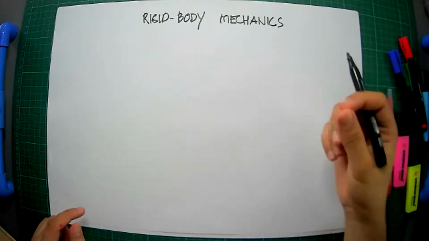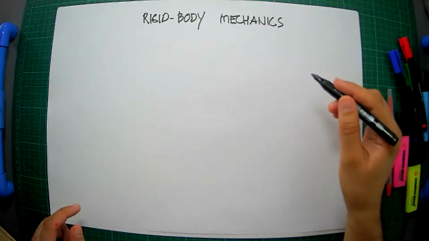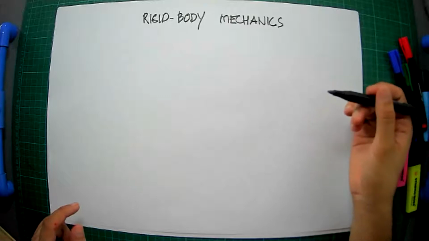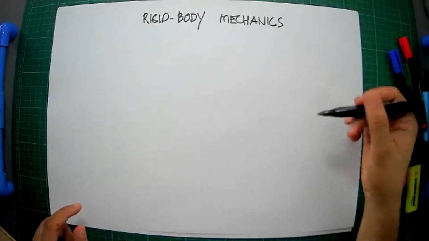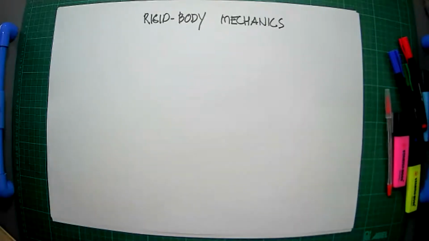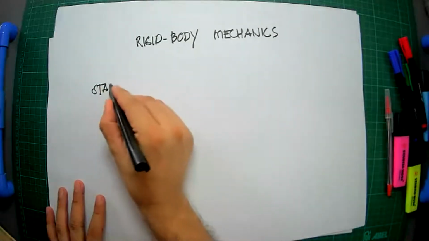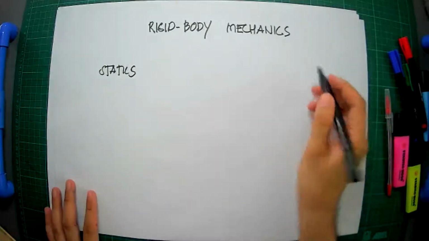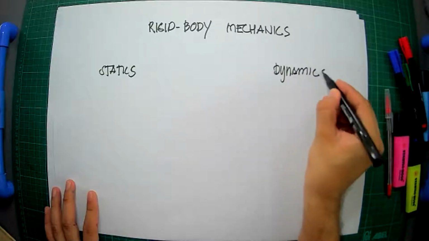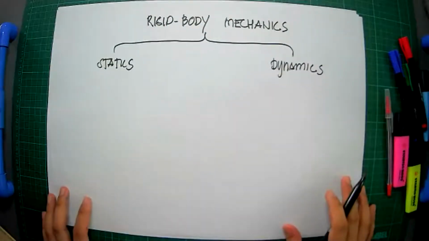Here, even a nail, we study the nail. We assume that the nail is rigid enough. No matter how many tons of load are applied in our problems, we still assume that the nail is capable of withstanding such force. Or any other fastener. So it is divided into two areas of study. We have statics, where there is equilibrium, and dynamics, where there is no equilibrium, or there is an unbalanced force due to acceleration.